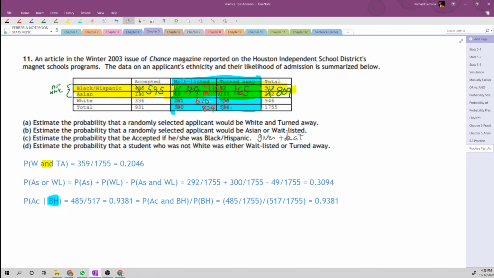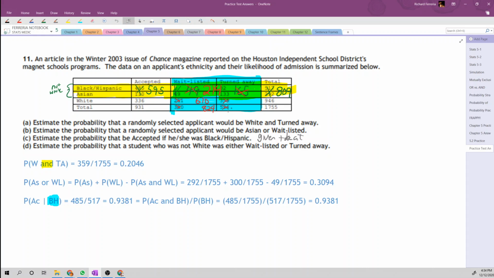So the number of these students who are non-white and waitlisted or turned away is 214, and the number of white students who were waitlisted or turned away is 610, and the total number of students who were waitlisted or turned away was 824. I know that's a little bit confusing, but it is going to be easier once these numbers have been combined